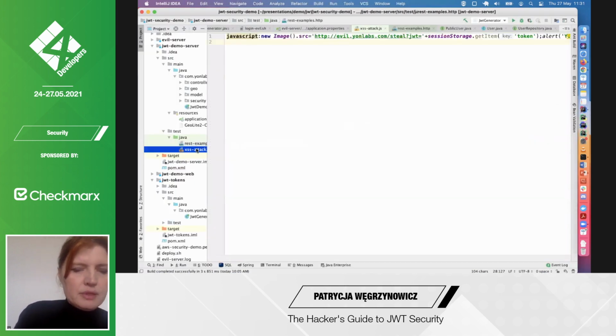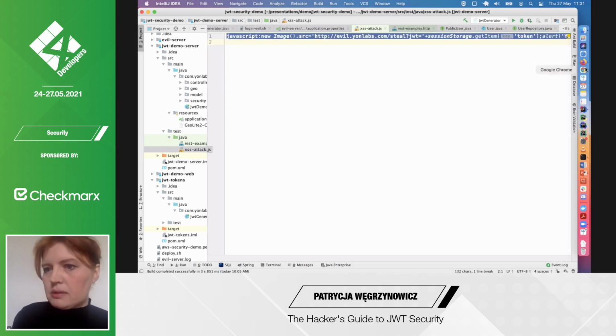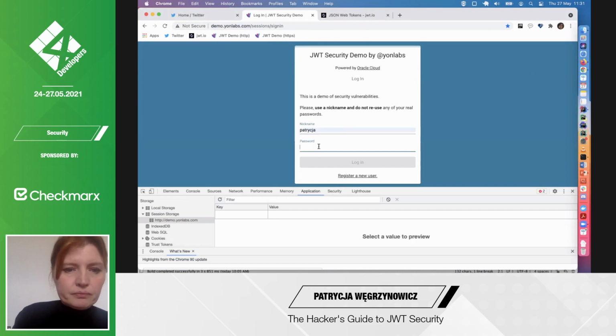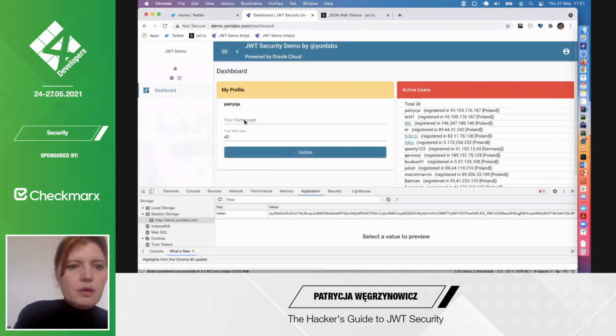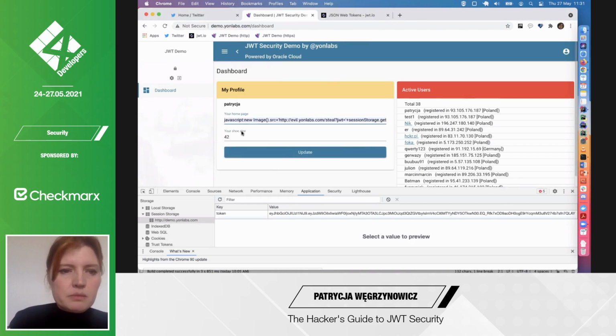I have a simple XSS attack prepared. Basically, it's a simple JavaScript because, as you can see, we have a simple form available.